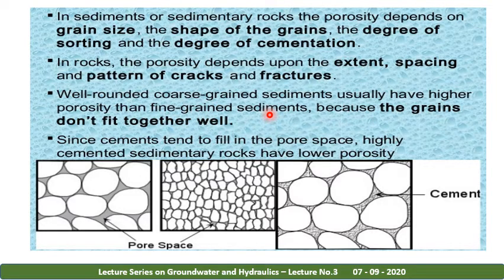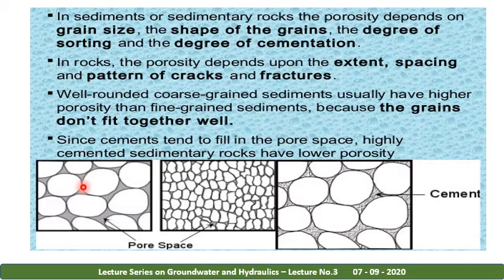As I told you, basalt rock or igneous rock are called fine-grained materials, whereas sedimentary rocks have coarse-grained materials. So usually in coarse-grained material the water holding capacity will be highest, whereas in fine-grained material the porosity will be very low because of the compaction, because the grains don't fit together well. That's why the voids will be less in particular areas.